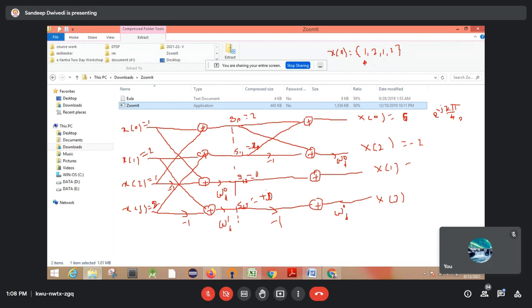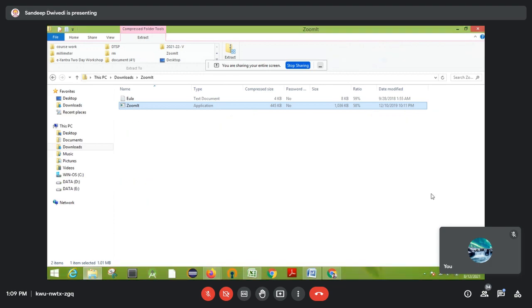To join this stage like this, and this to this. Okay, so for this one, this is 0, this is 0, so this will be 0, correct? Then here also it is 0, and I multiply 0, 0, so this will be also 0. 6 minus 2, something like this answer you will get. Okay, so this is your 4-point DFT question.